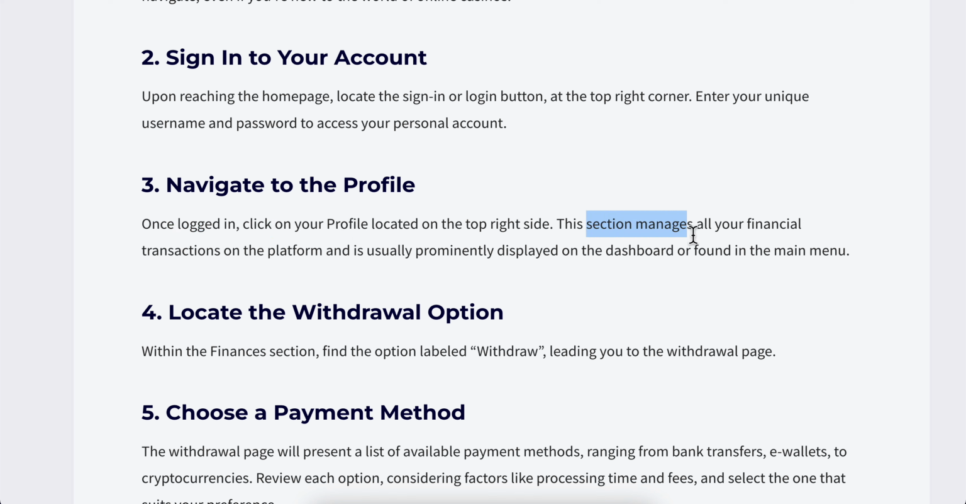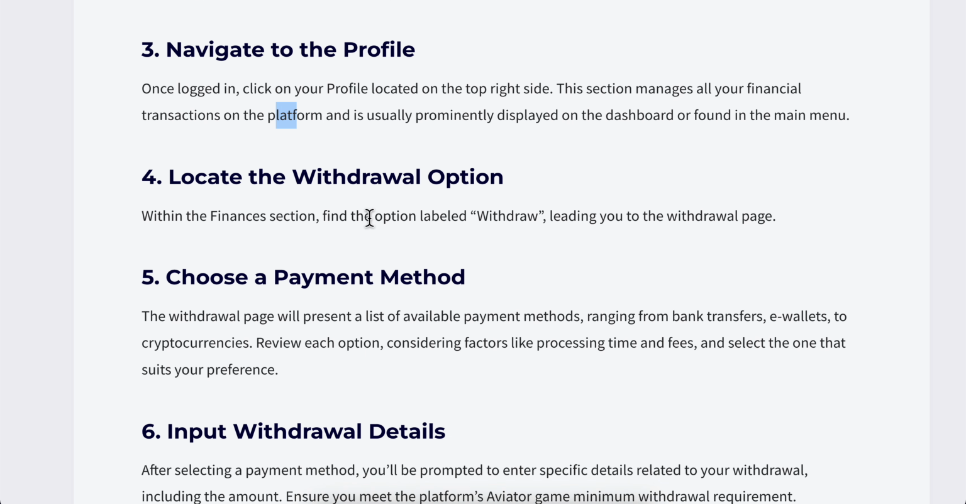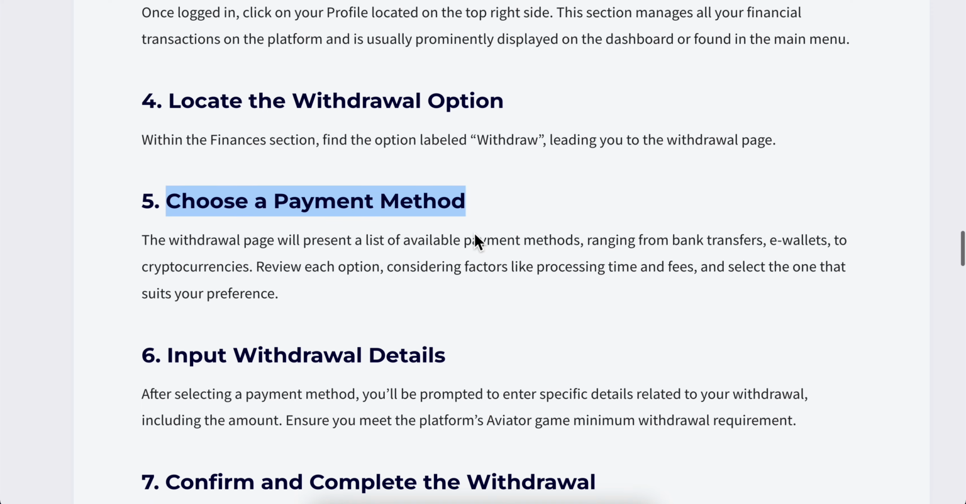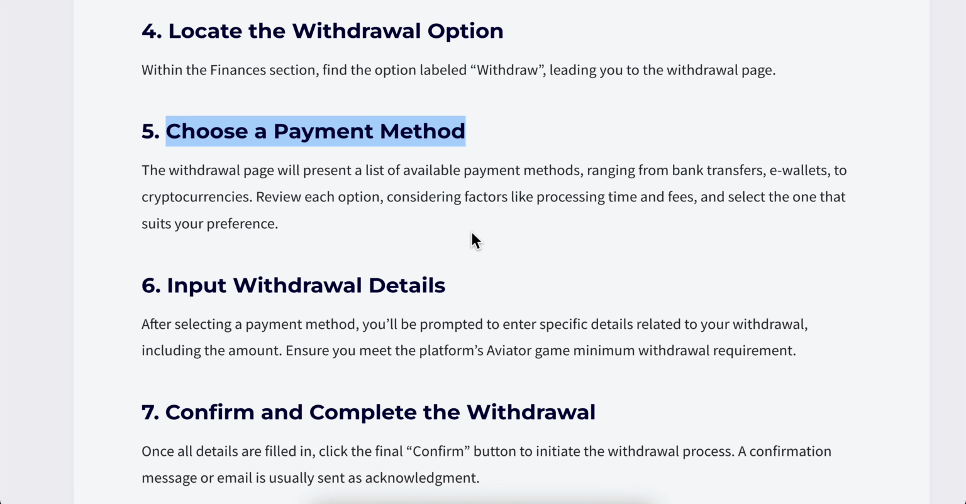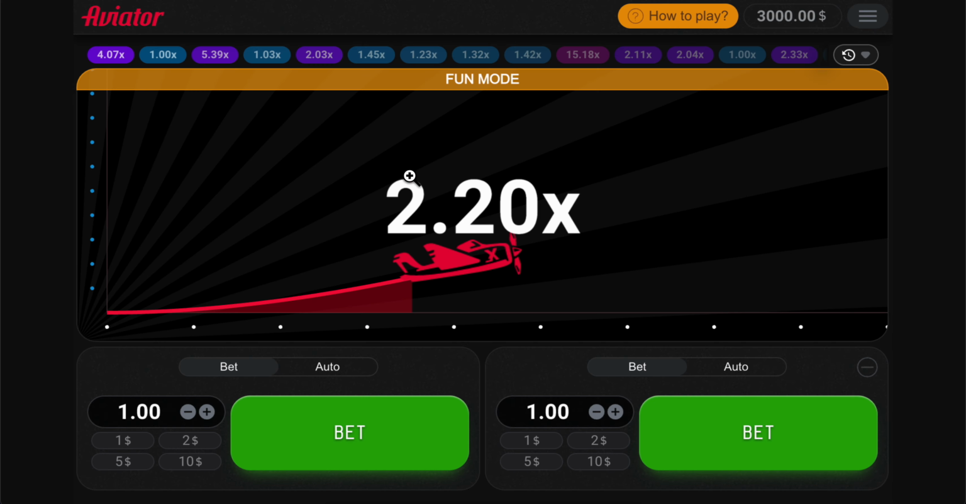This section manages all your financial transactions on the platform and is usually displayed on the dashboard or found in the main menu. Then you're going to have to simply locate the withdrawal option and then simply click on withdraw. Then you're going to have to simply choose a payment method, and after that enter how much you would like to withdraw and then simply confirm, and that's all you have to do in order to